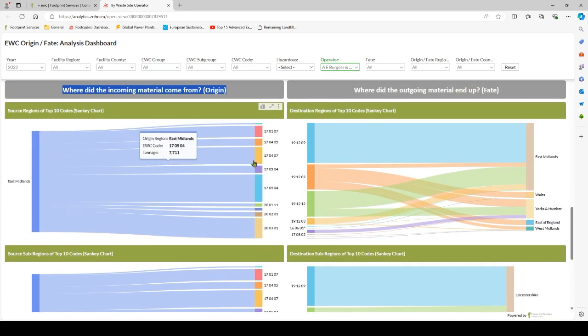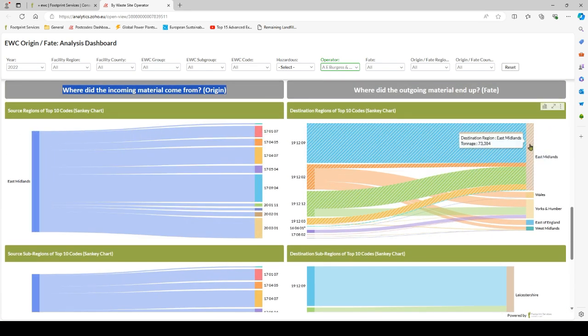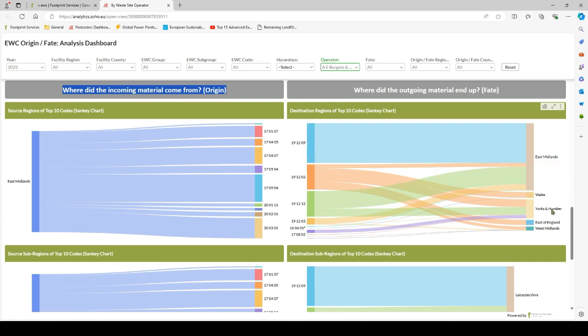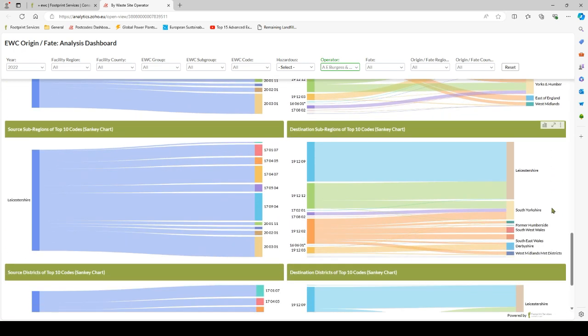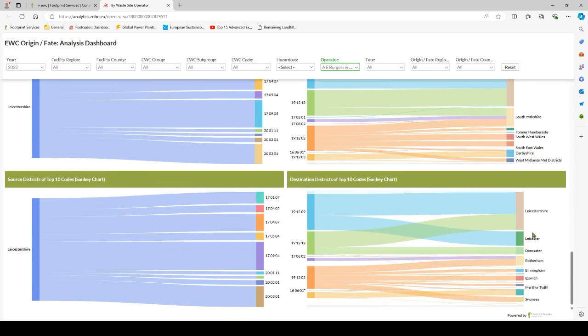On the outgoing side of things, though, at regional level it's mostly going to the East Midlands, and then second I would say Yorkshire and Humber there. If I look down here at the sub-regional level, so instead of saying East Midlands, it's now saying Leicestershire, and we've got South Yorkshire and former Humberside and things. And then if I look down